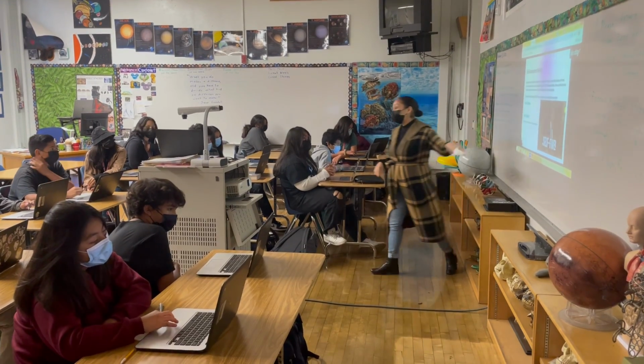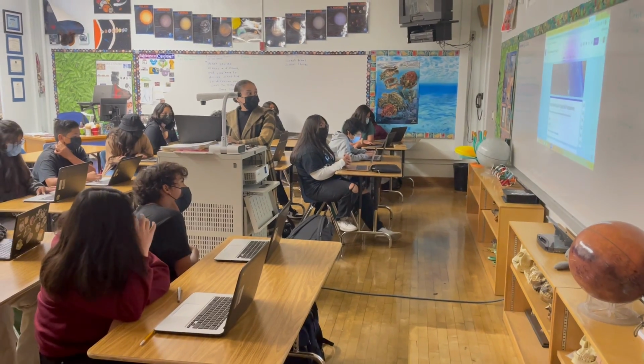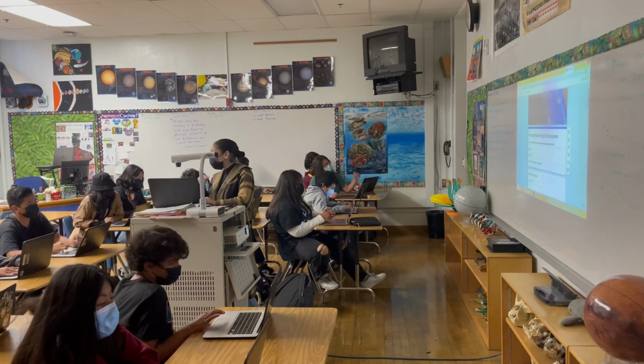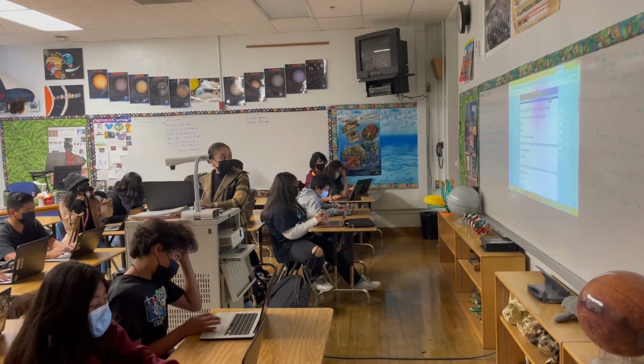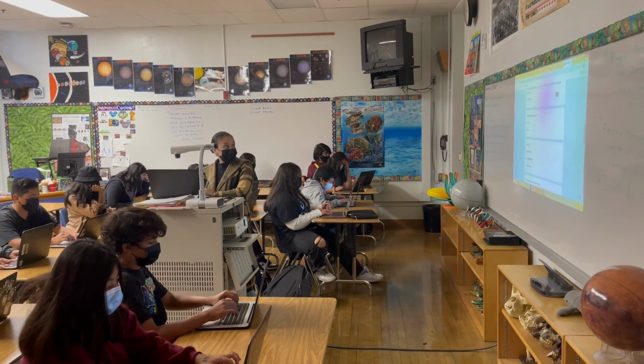So this Google form is really simple. It takes less than 5 minutes to complete. It looks like this. You can access it on Schoology, or you could access it on the Google Flex. You're going to put your first name, select your class period, and then